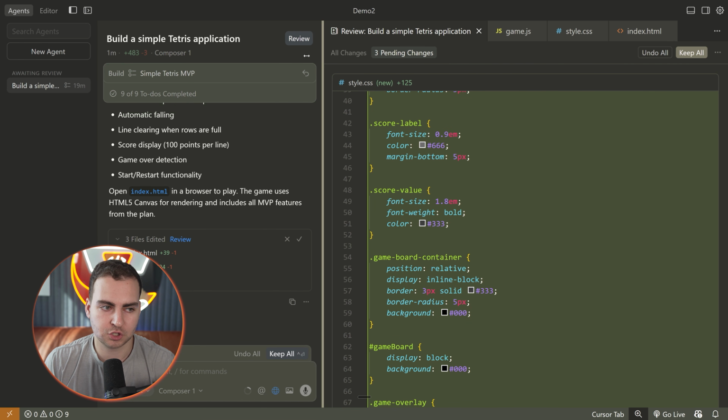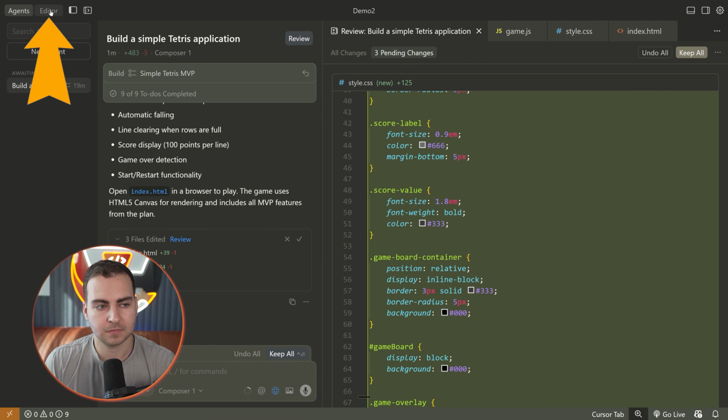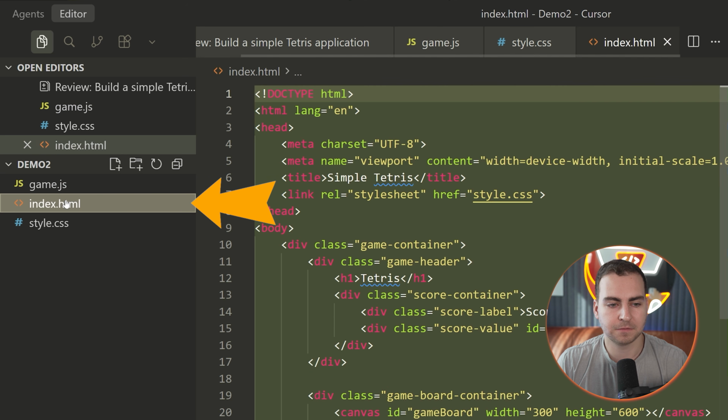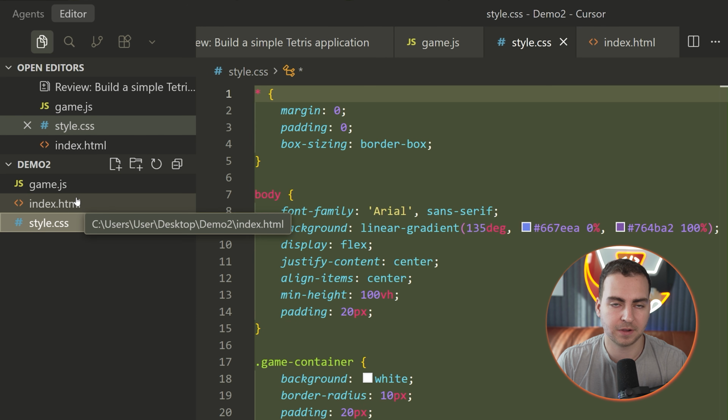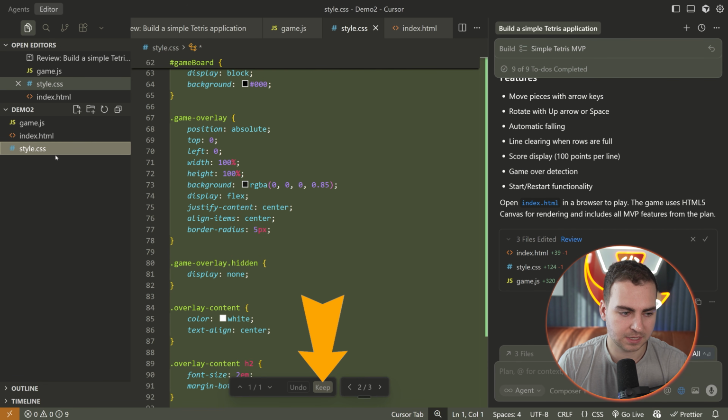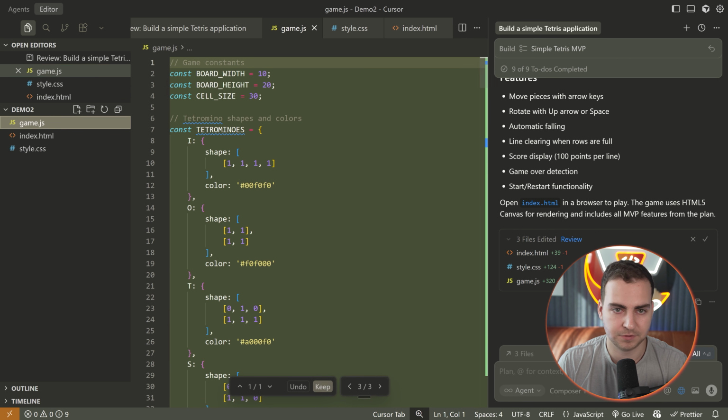So what I'm going to do is switch over to the editor view. Now from the editor view, in my opinion, it's a little bit easier to read the code and you can actually view the different files that have been written on the left-hand side here. So it's going to show you all of the files and the directory structure. So from here, you can review the code, press keep, right, or undo